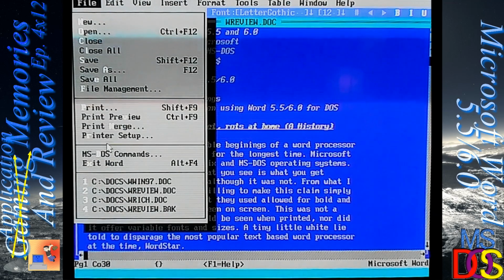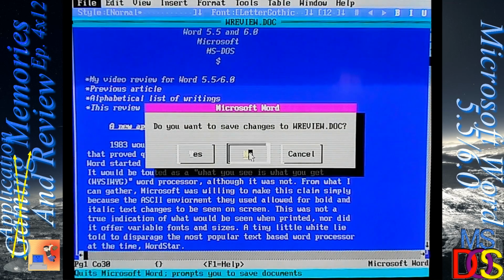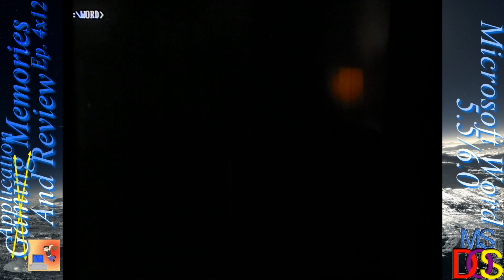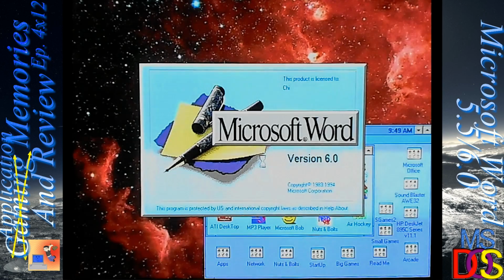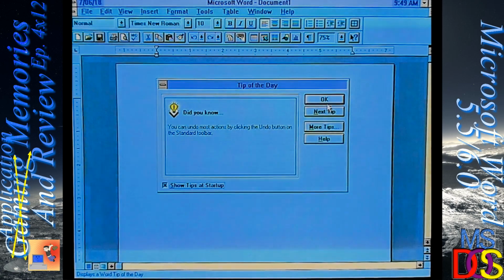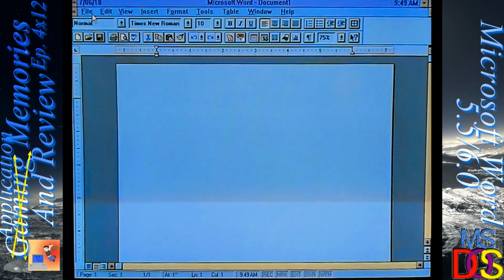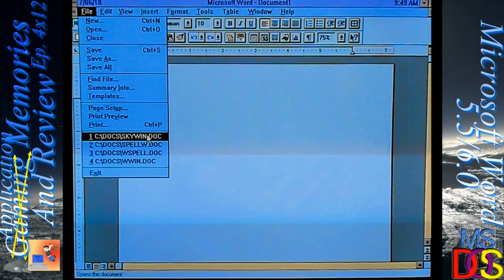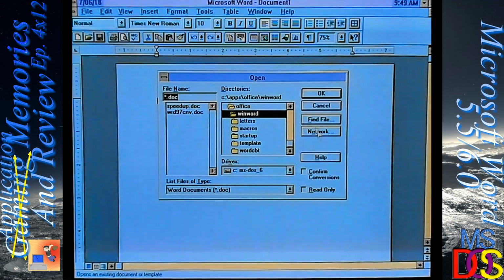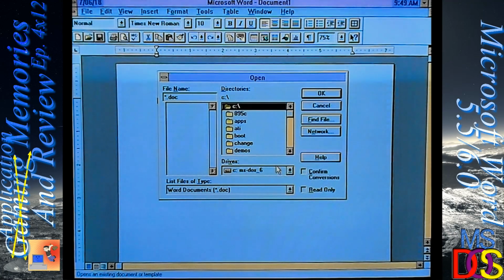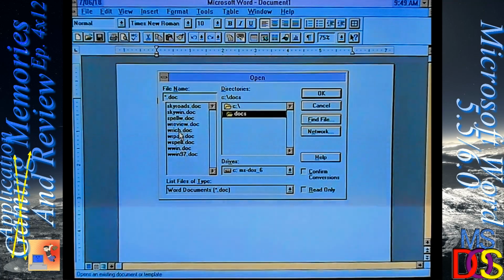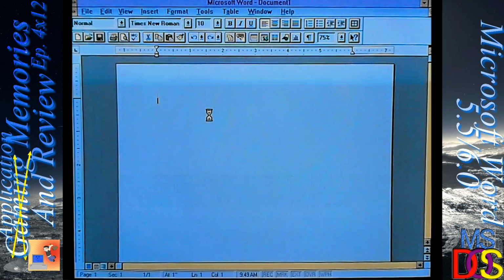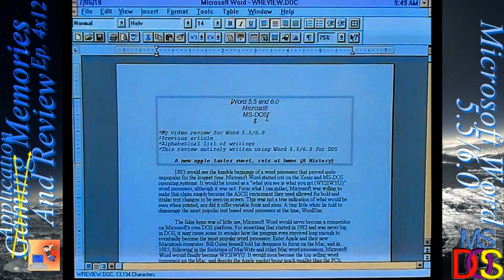I will get out of here and show you a little bit more in a different environment so you have a clue. So if we load up Windows for Workgroups, this is version 6.0, claimed parity. Let's open up, we can open up files. Come on, here we go. See, docs, and here's our word review .doc. So this is the actual DOS file. It will open up